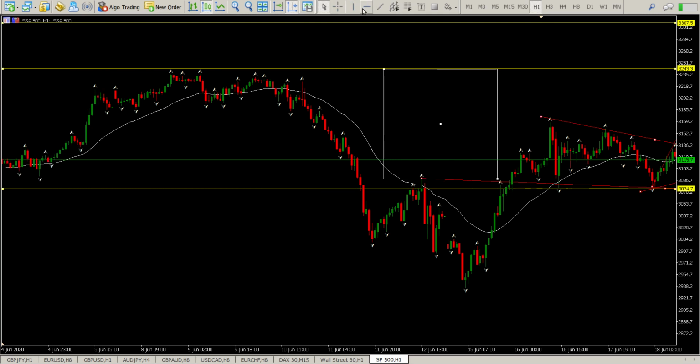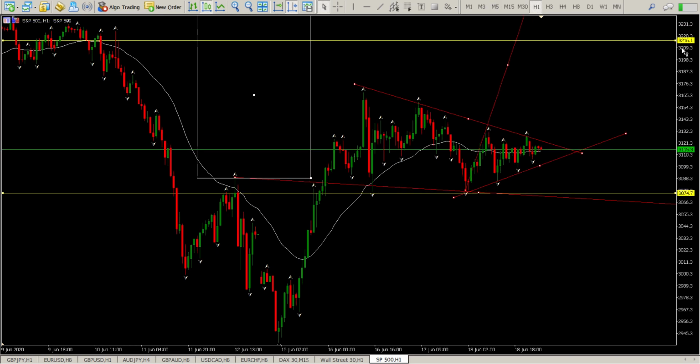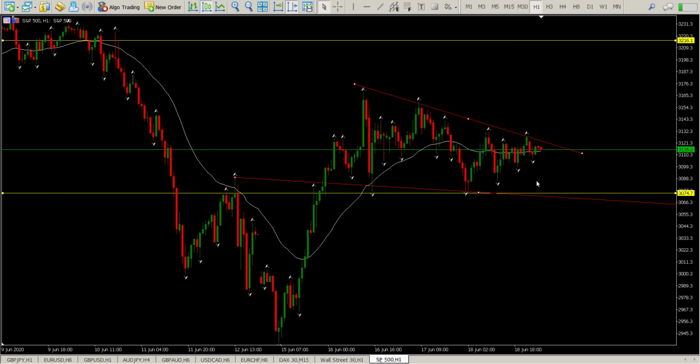Okay, and then in amongst all of this, I've got this ambush zone right over here, where I expect some buyers or sellers to be sitting, which is 3216. Okay, so that's pretty much the upside target, but what are we waiting for? Just get rid of some of the noise. Okay, so we're waiting. I'm going to get rid of that one as well. So what we're waiting for is this flag to break to the upside. I'll put a level in there, and pretty much we closed up here